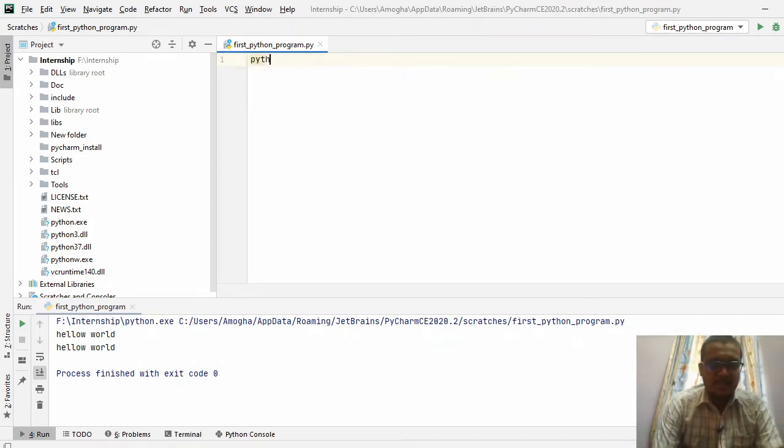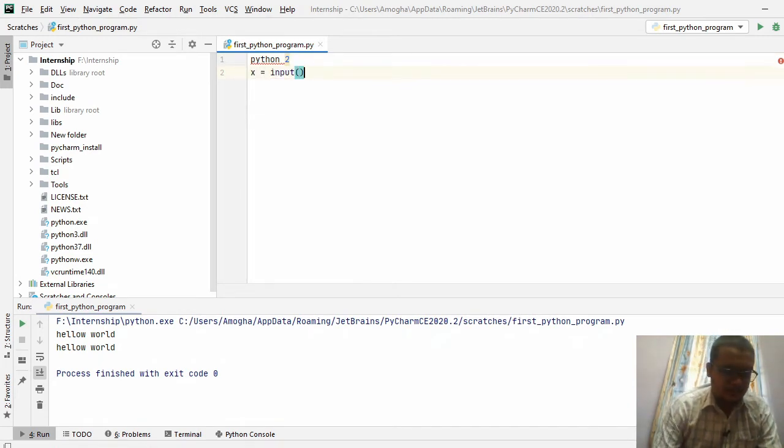In Python 2, on the left hand side, I am showing the syntax for this. So this is the syntax that Python 2 works with.